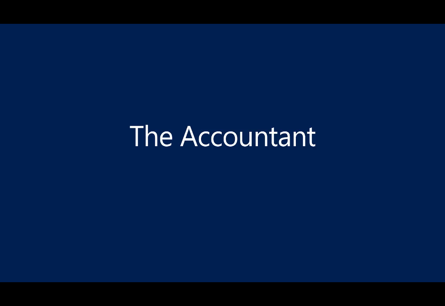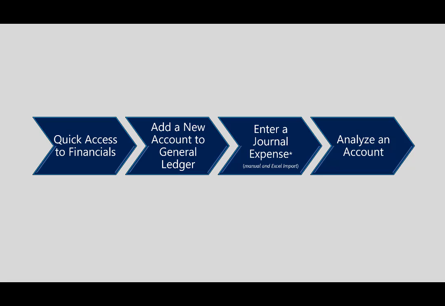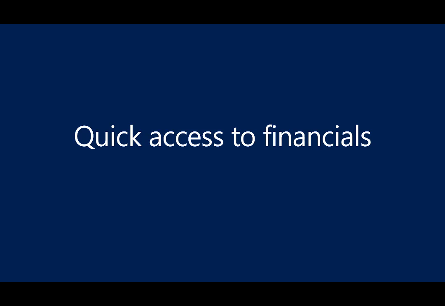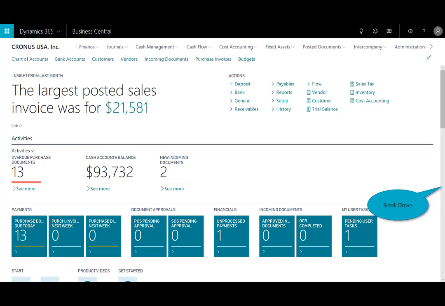This demonstration follows the day in the life of the accountant using Dynamics 365 Business Central. In this scenario, we will show you how you can gain quick access to some of the key metrics and financial information. Then, as our business continues to grow, we need to accommodate for change: how do I add a new account to the general ledger? We'll then enter a journal expense to that account, and then we'll do data analysis on that information that we just posted. So to begin, in terms of quick access to financials,